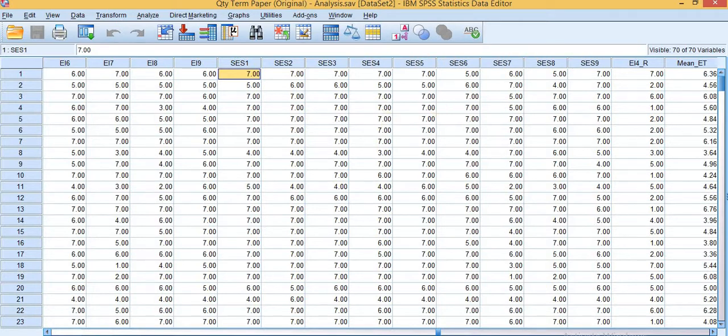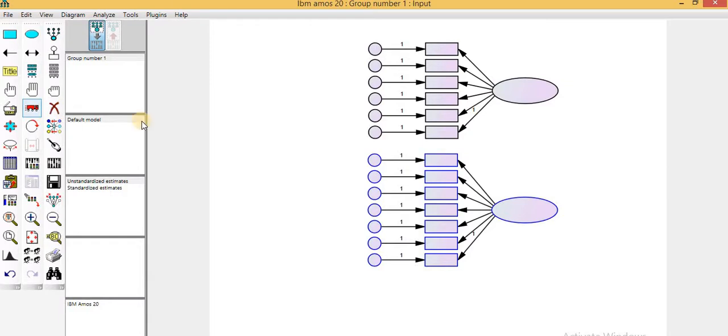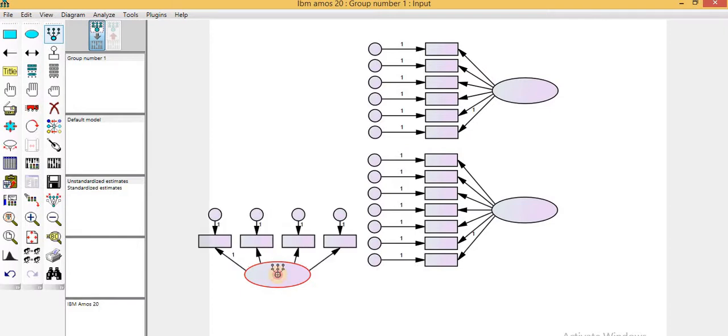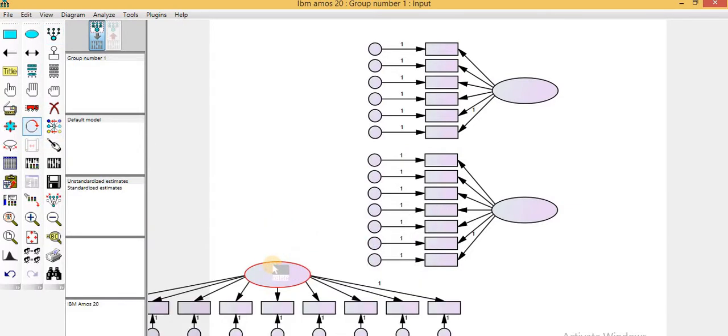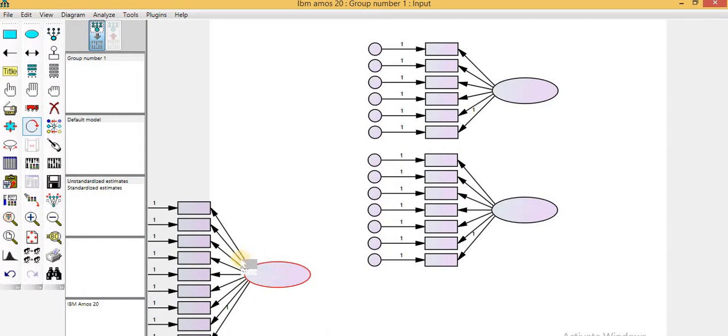So these are 9 other items for the other variable. Deselect all. So here I go for the 9 items, 1 2 3 4 5 6 7 8 9. Then again I am moving forward to change the shape. Select the items.